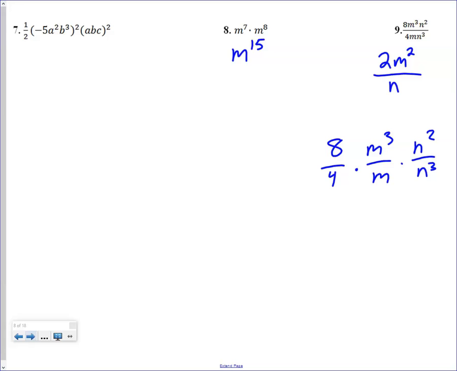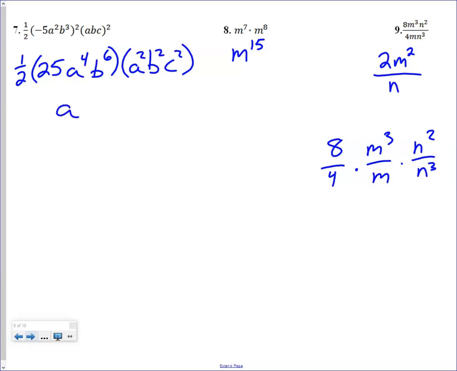All right, let's take a look at our first one here. So we have 1/2. We're going to distribute the square. Negative 5 squared is 25, right? Negative 5 times negative 5 is 25. A squared squared is a to the 4th, and b cubed squared is b to the 6th, times a squared, b squared, c squared. So wouldn't it just be adding, so it'd be a to the 6, b to the 8. A to the 6th, right? A to the 4th times a to the 2nd is a to the 6th. B to the 8th,